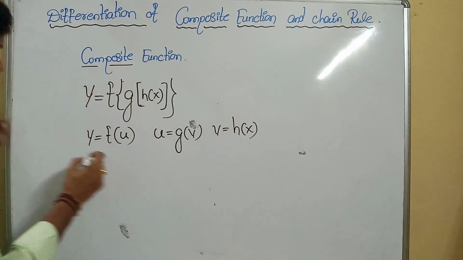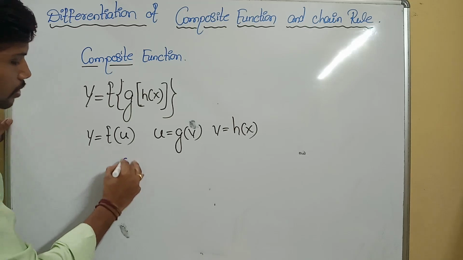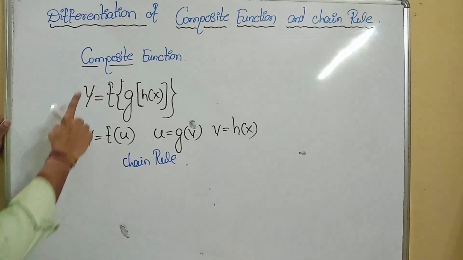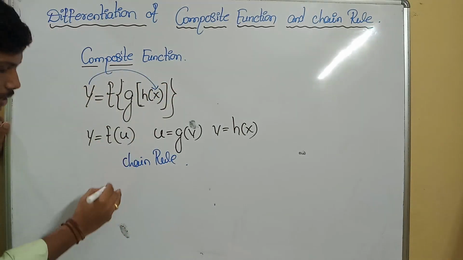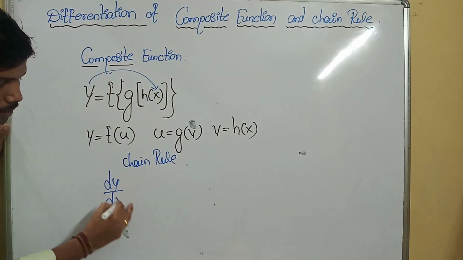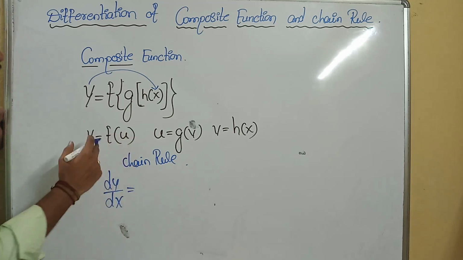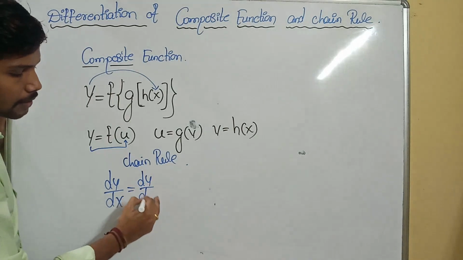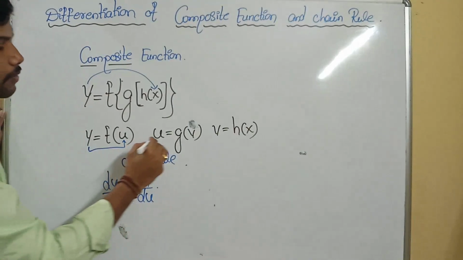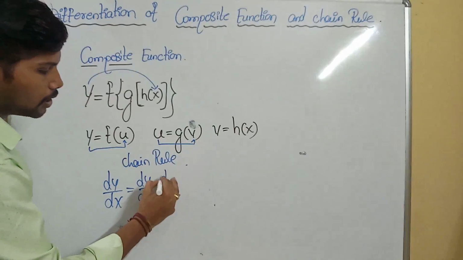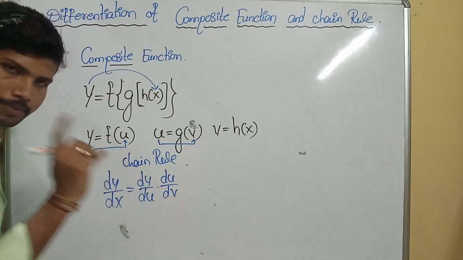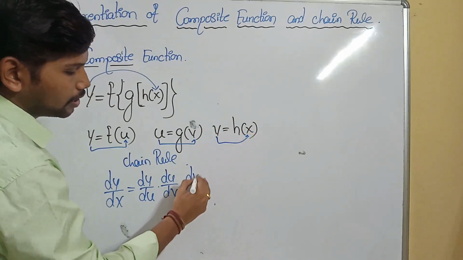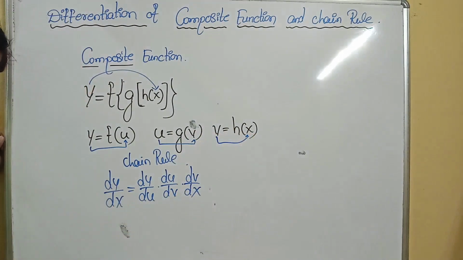Now you need to understand how to apply the chain rule. Applying the chain rule is very simple. Initially y is a function of x, that's why I need to write dy by dx. It is the left main part. After that y is a function of u, it will be dy by du. After that u is a function of v, it is du by dv. Then v is a function of x, it will be dv by dx. Did you understand the part clearly?